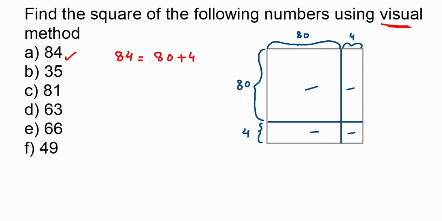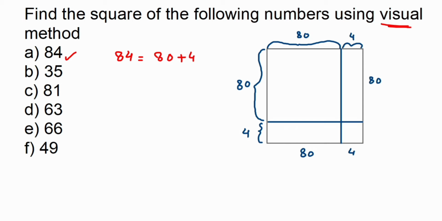Now after this, what are we supposed to do? If this is 80 here, obviously the opposite side measurement is also 80, so let me write 80 here. Similarly, this part from here to here is 80, so the opposite side, even this, will be 80. Now this is 4, so the opposite side, even this, will be 4, and this will also be 4. Like that I got all the measurements.